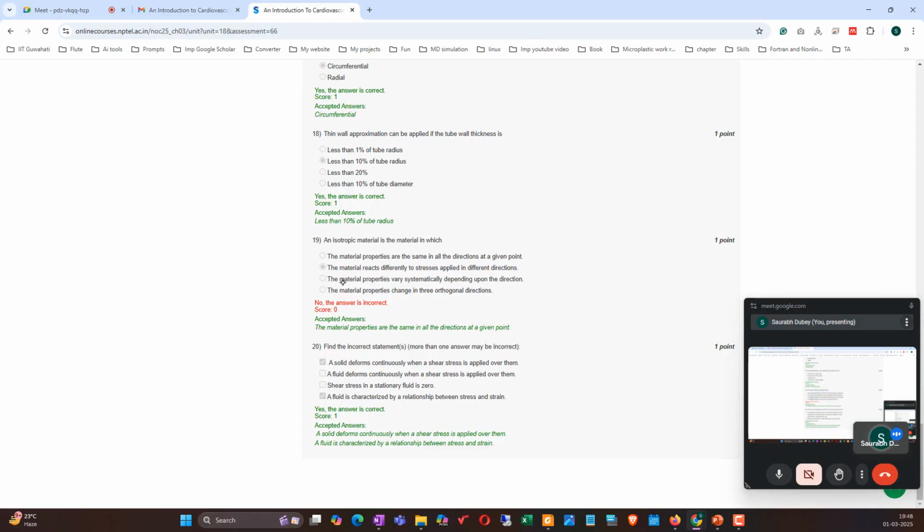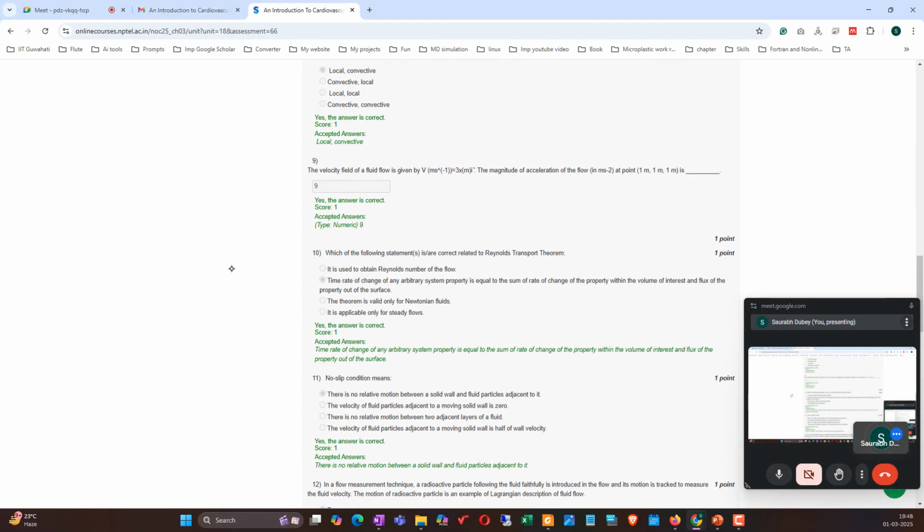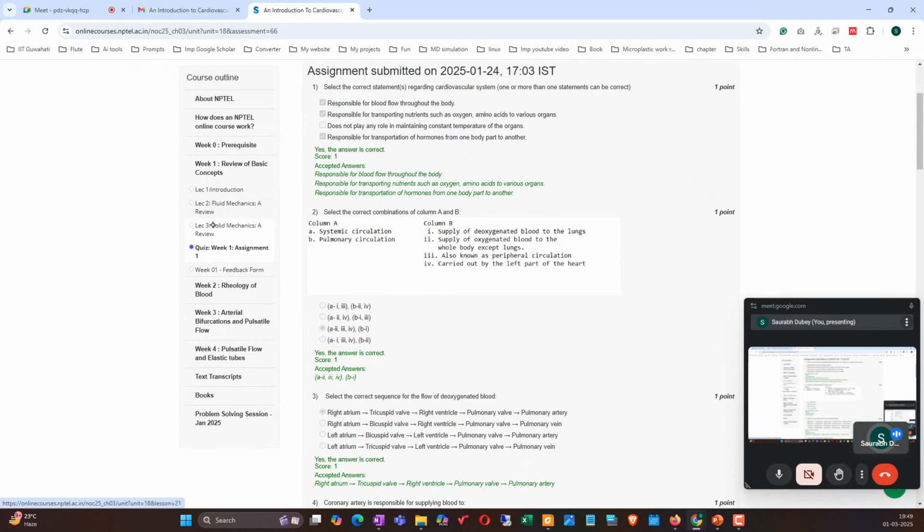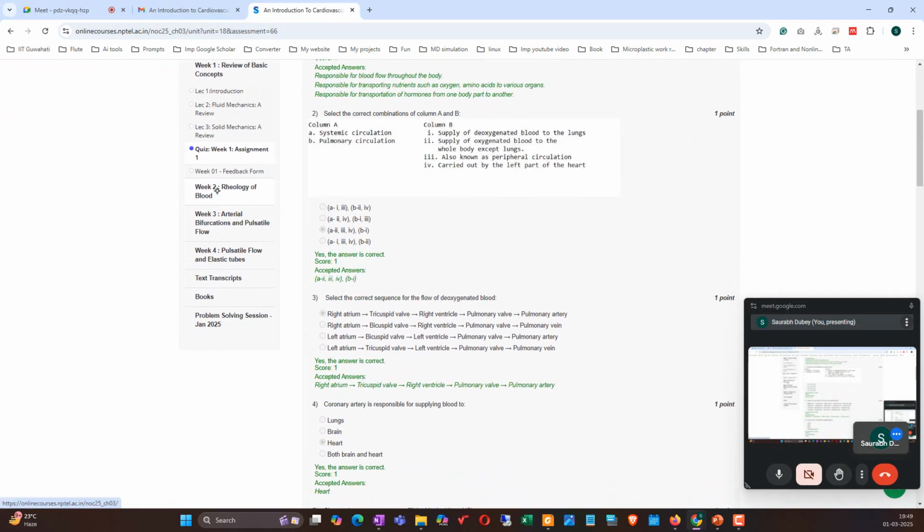The material in which the material reacts differently to stress applied in different directions, which one is incorrect? So this solid deforms continuously, you can see this is applied over time. No, it's about liquid. No, it's rate, strain rate. So it is done. Now if you move to the next week's questions,